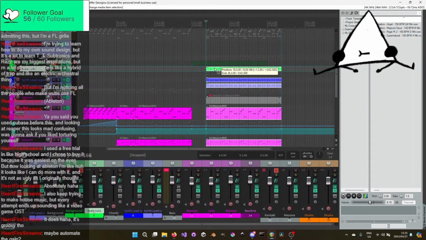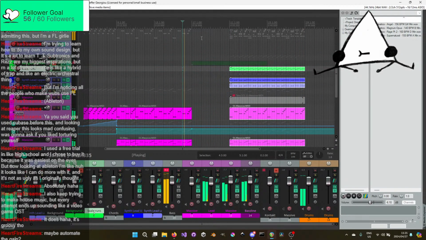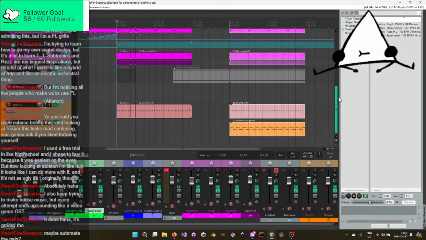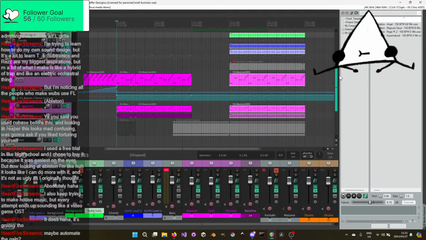Boom, boom, boom, boom. I could automate the gain, give it a bit more. I'm kind of just trying to give it a bit more dynamics in terms of things.